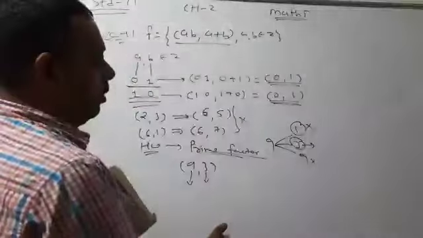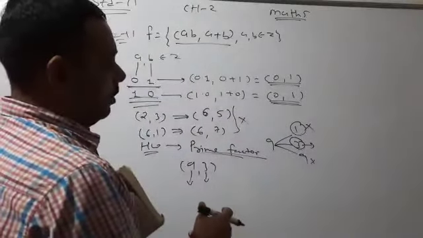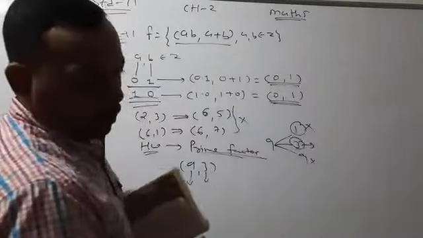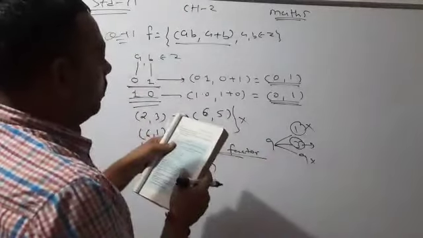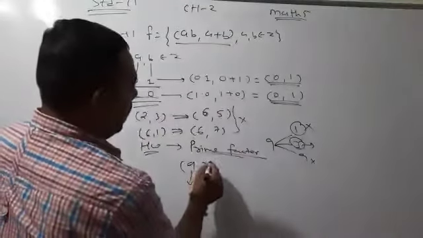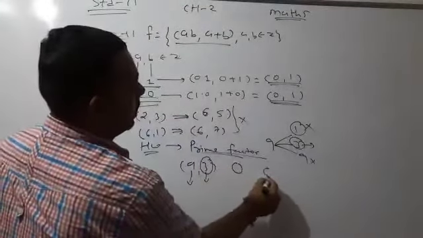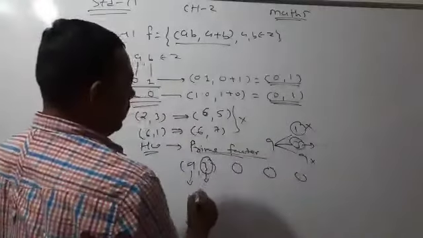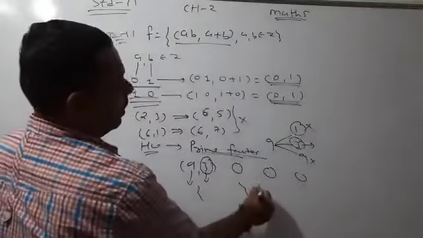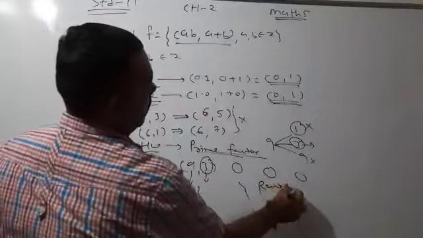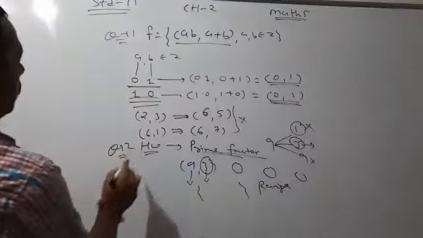This way you have to write all the ordered pairs and check whether your answer is same or different. Okay. Only you have to write the range. So at last we have to write the second entry, second entry, second entry, second entry, and then list out the second entries in curly brackets. That is known as the range. Okay, this is your question number 12.